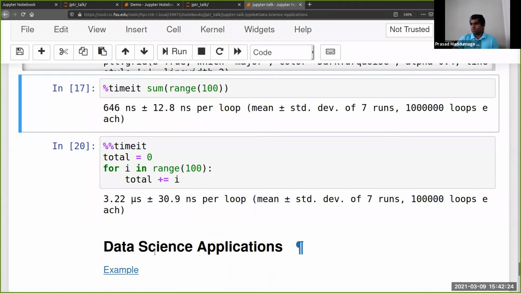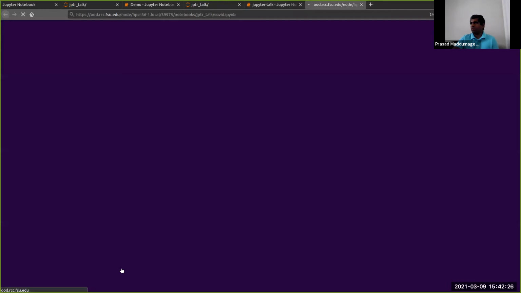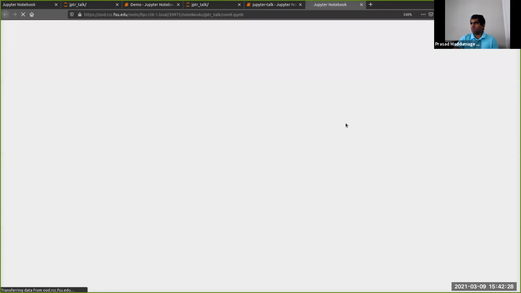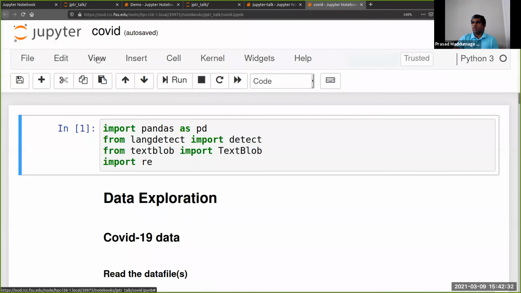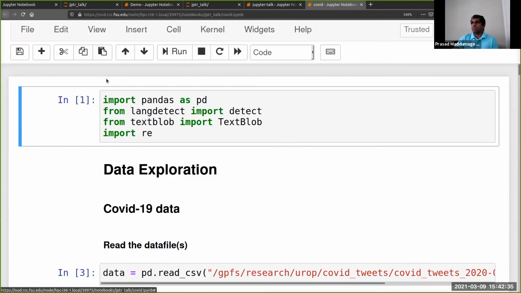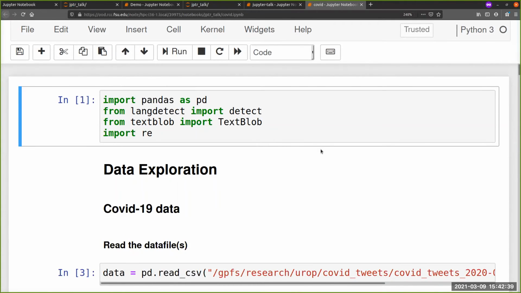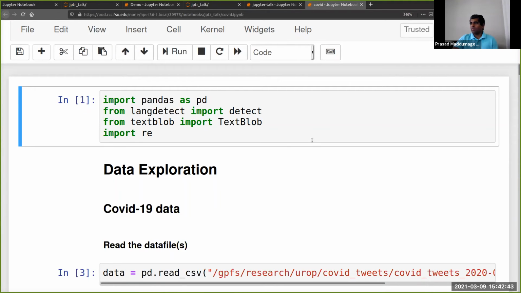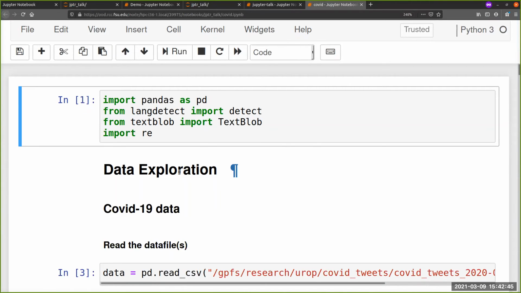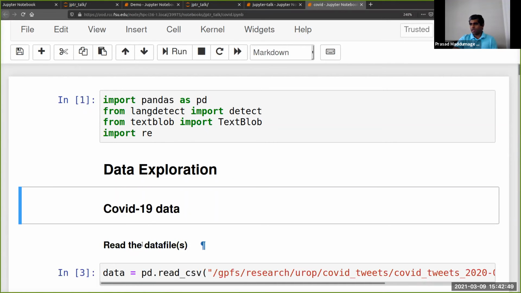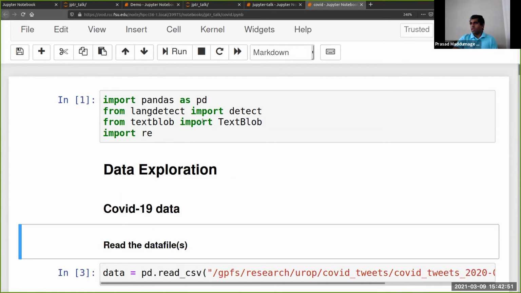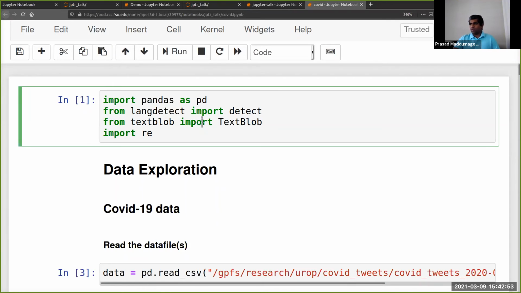This is a small example that we are working on HPC. We are working on some tweets related to COVID-19. And like I said, you can put headers or comments, different levels of headers, so that when you look at it,